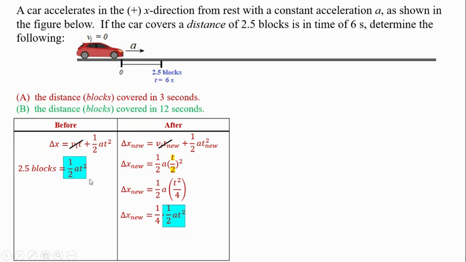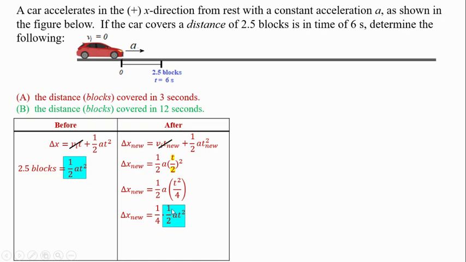So what I have highlighted in blue here, 1/2 AT squared, represents 2.5 blocks because of the statement on the left. It says 2.5 blocks equals 1/2 AT squared. So the opposite statement is true: 1/2 AT squared equals 2.5 blocks. It doesn't matter how you say this equal sign. Okay. All right. So what I can do is